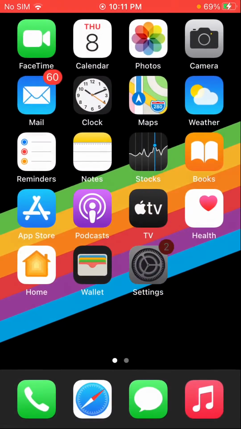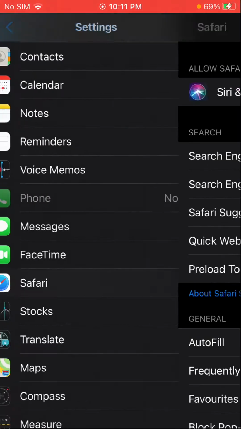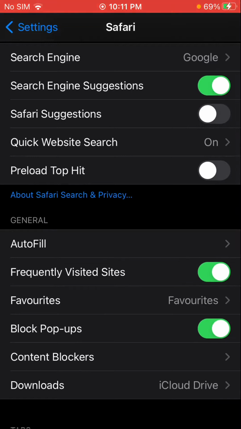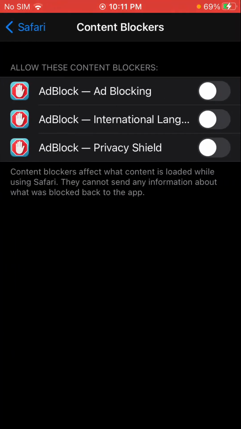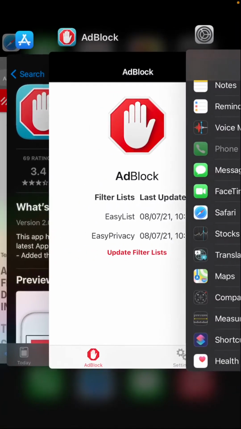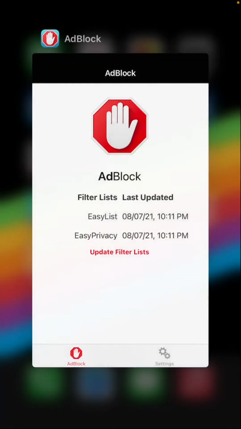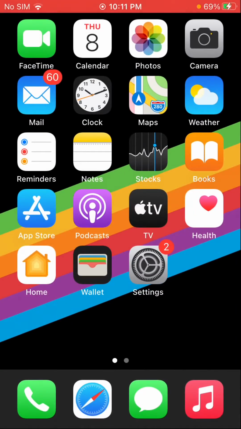Then all we need to do is go to settings. Then we just need to scroll down to Safari, and here you can see a new option which is content blockers. So now adblock, I'll enable all three, and now what I'll do is I'll close all apps, and